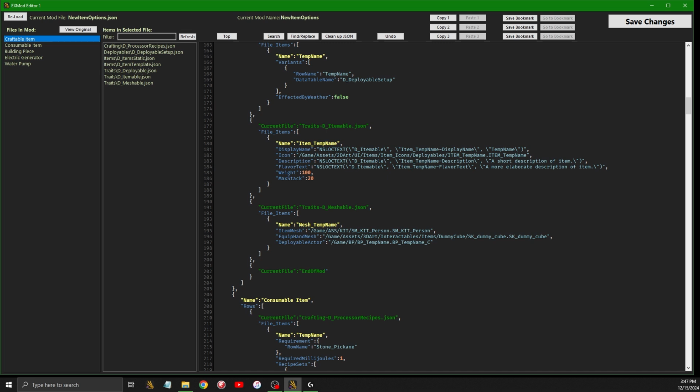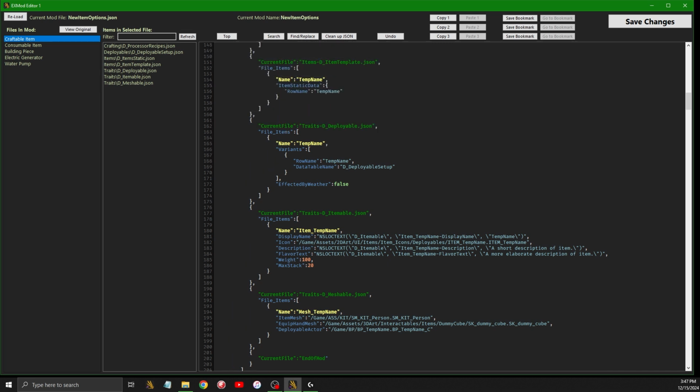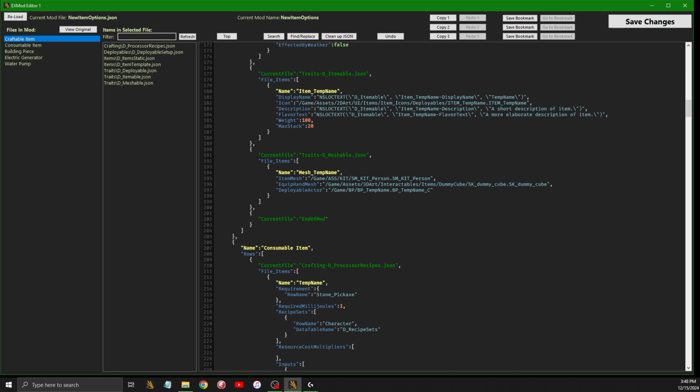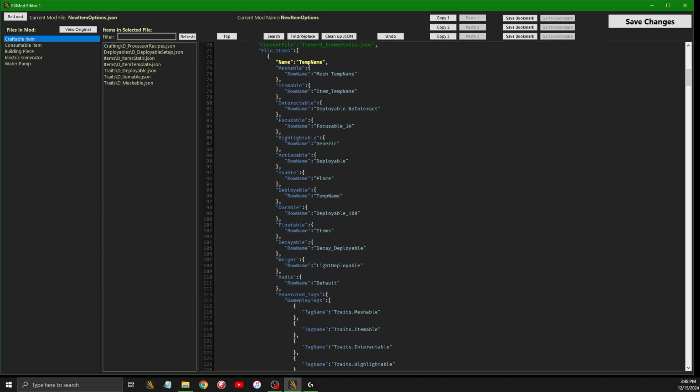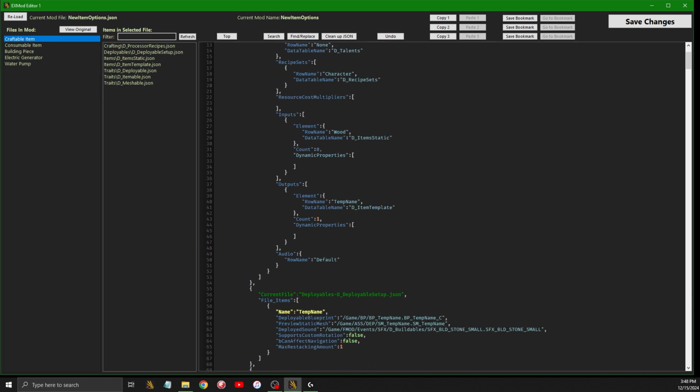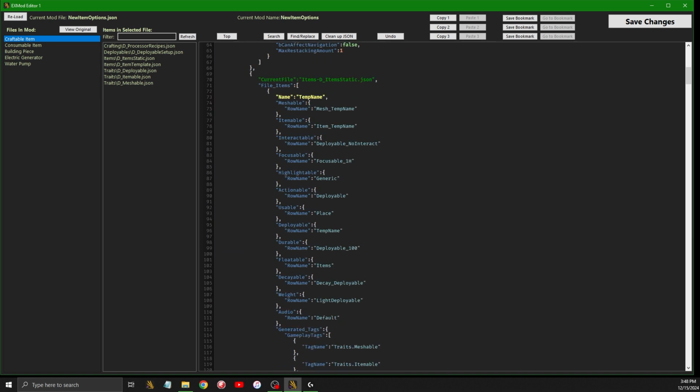So any name that you want to replace, or any item name that you want to replace when you create this and import it in, you're going to want to call it temp name. So you see down here it says for itemable item temp name, and then item temp name, display name, temp name, and then you can see with the icons and everything it uses temp name. Same with the mesh, temp name. So when you import this, it's going to ask you for a new name, and whatever name you put in there, anywhere in this template that has temp name, that temp name will be replaced